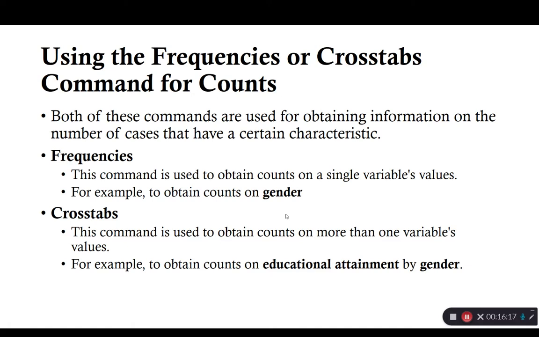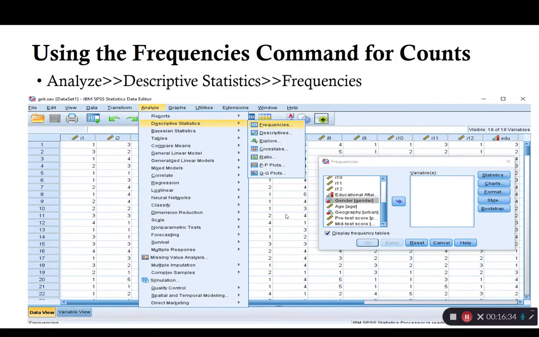Now, the crosstab command obtains counts on more than one variable's values. So for example, we could get a two-way contingency table of educational attainment by gender. And I'll demonstrate both of those. In order to get